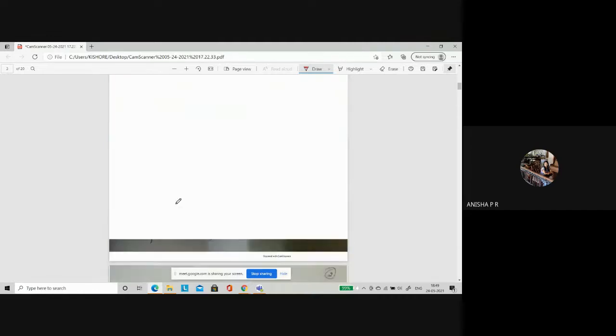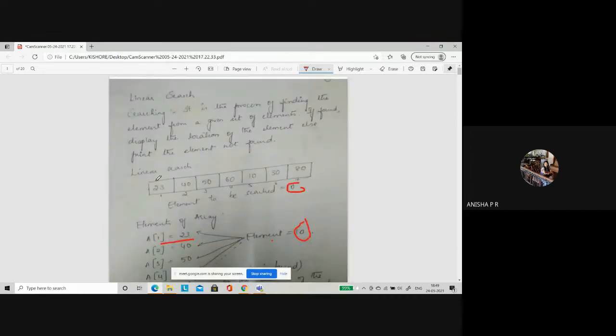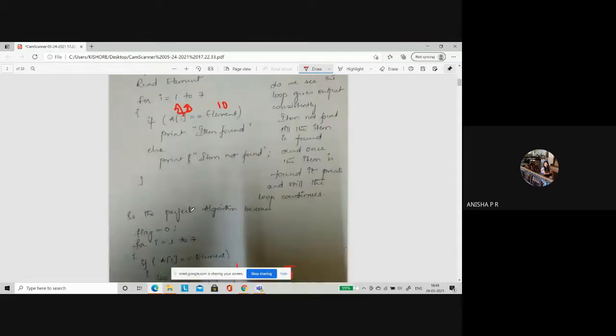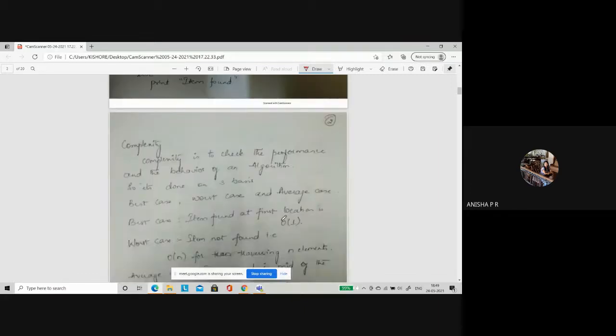Best case, assume that 10 was here only. Directly 10 was here. Your search element was 10, and you got the search element at the first position itself. Firstly, understand complexities are represented with this letter O. It is not 0, it is O. Remember, it is called big O. In the asymptotic notations, you would represent it with the letter big O. That is capital O. It is not 0 at all. It is O.